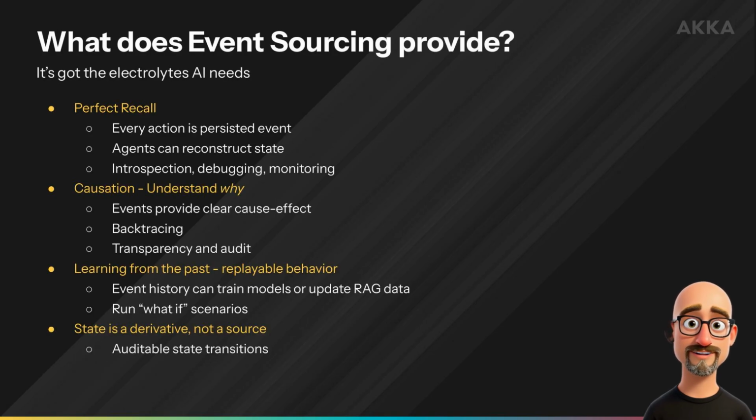Okay, so now that we've covered what agents need, we can talk about how event sourcing makes perfect sense as the core foundation of any agentic system. Event sourcing provides perfect recall, since everything that took place in an event-sourced system is captured as an immutable event. We can reliably reproduce the state of any agent at any given point in time. Not only do we know and have the ability to regenerate state, we also know why the state is that way. This means we can audit everything in the system, which is crucial when parts of the system are non-deterministic.